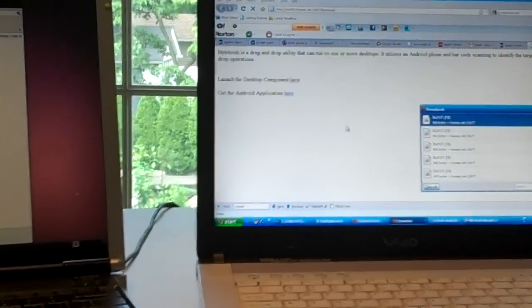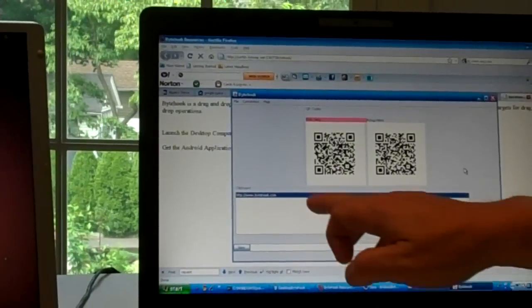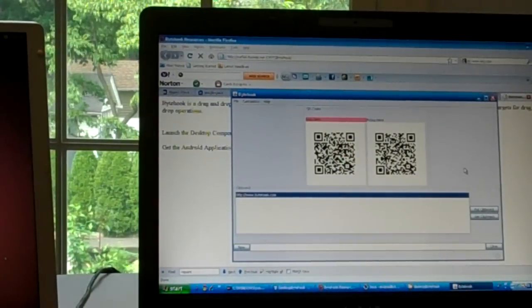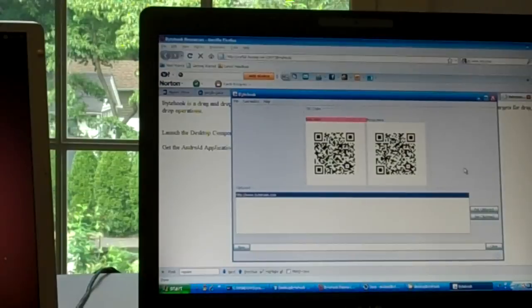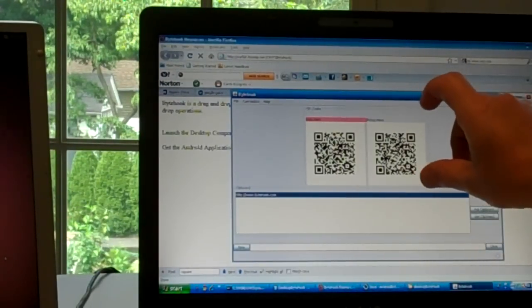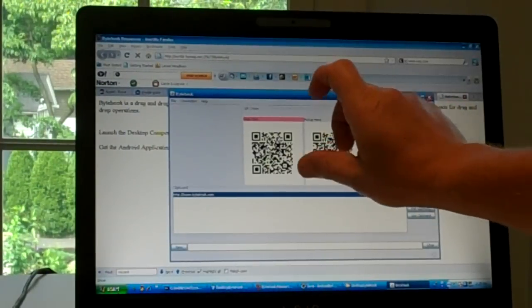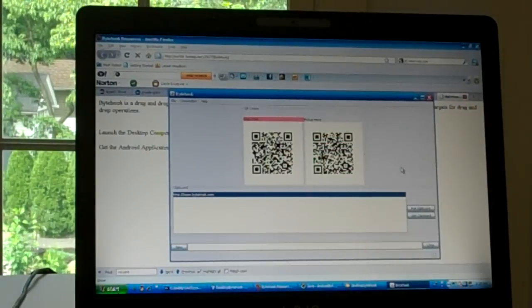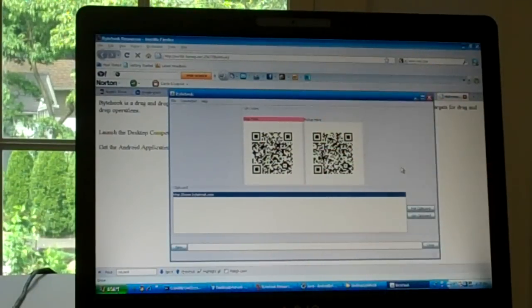and I'll start bytehook here from a web page, and bytehook comes up and presents me with a buffer of different items that have been copied to it that are available for copy-paste operations, as well as two barcodes. You have a drag from barcode, a two-dimensional QR code, as well as a drop here barcode. And we also add a color coding here,